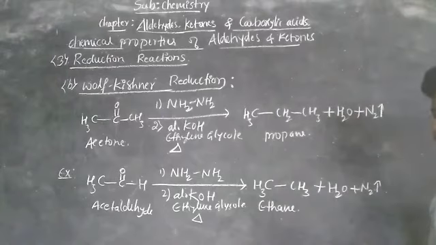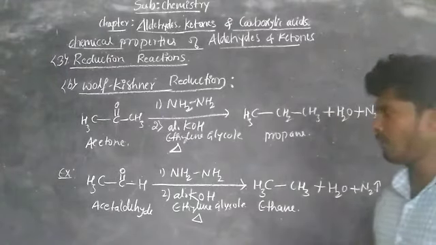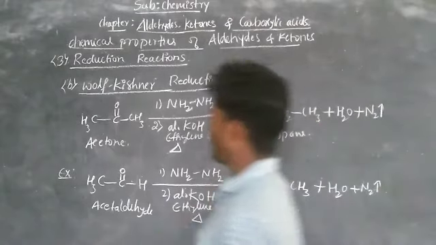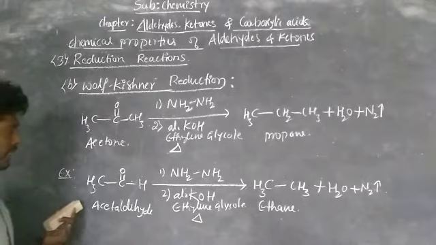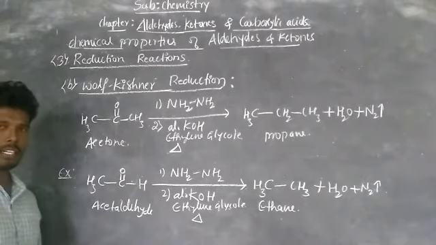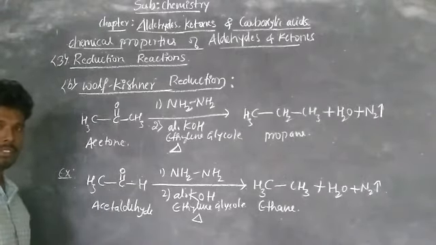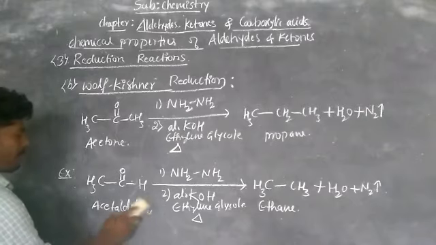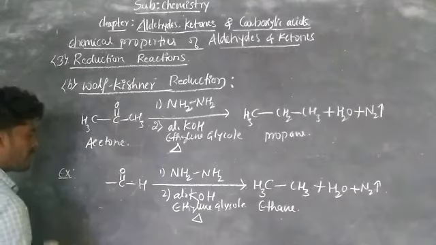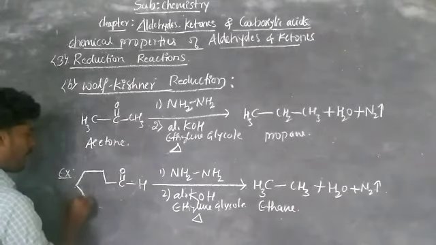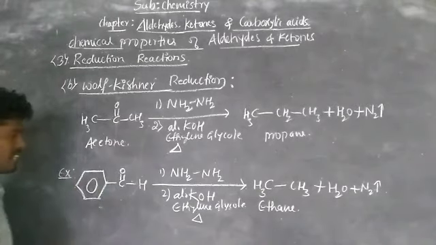Similarly, do it for benzaldehyde. In the previous reaction I told you for benzaldehyde, similarly for Clemmensen and Wolff-Kishner reduction, after reduction of benzaldehyde, what do you get? Write the chemical reaction. Here, for benzaldehyde, in place of CH3, what do you have to write? In place of CH3, write the benzene ring.